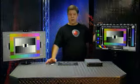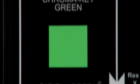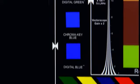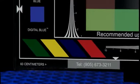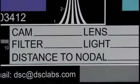If you use a RED, sooner or later someone is going to talk to you about effects work. It's one of RED's strongest qualities. There is a specific chart from DSC Labs that has been created for this purpose. It's right here. It's called the Chroma du Monde Bullets chart. It's got digital green and blue special effects chips from composite components, plus Rosco's chroma key green and blue. High chroma slashes, which are right here, are very useful for checking and tracking chroma aliasing through post. And then over here you have a data information panel